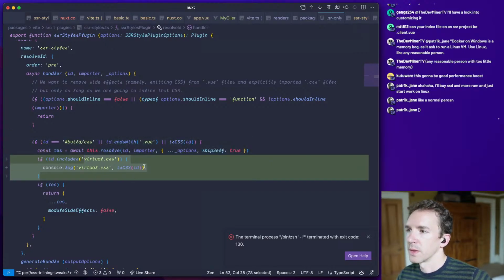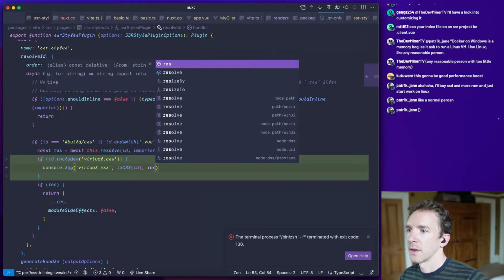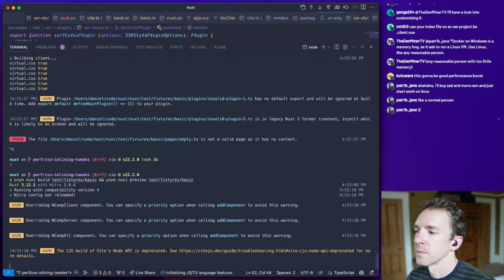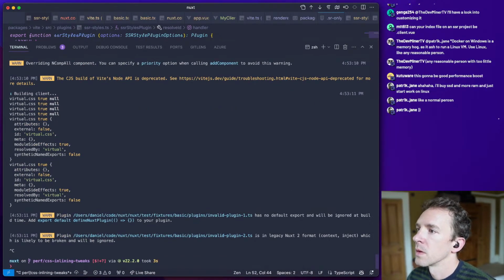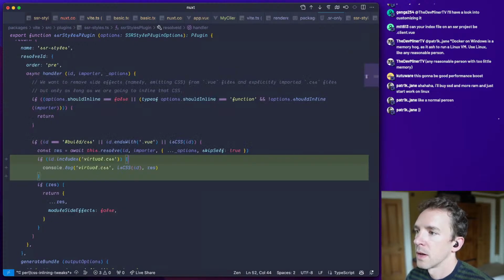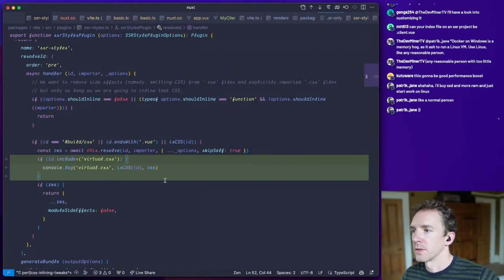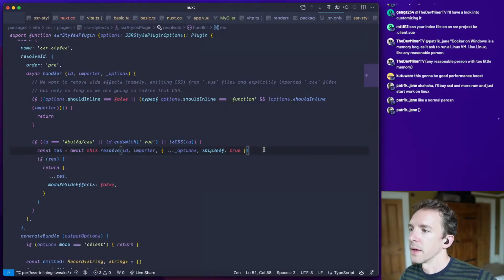Let's just see what the result of that resolve is. Okay, it's coming in. And yeah, we're marking it as not having side effects. Okay, that's all we're doing there.